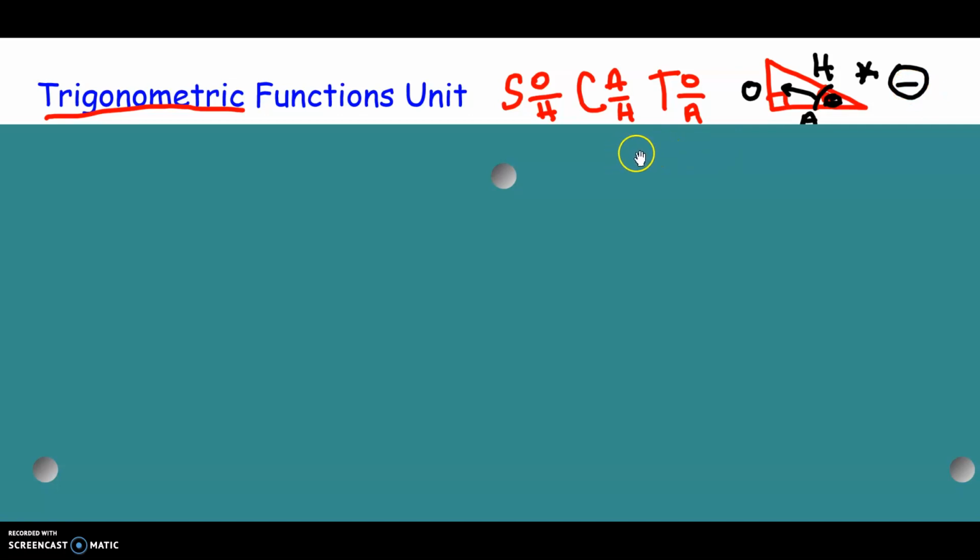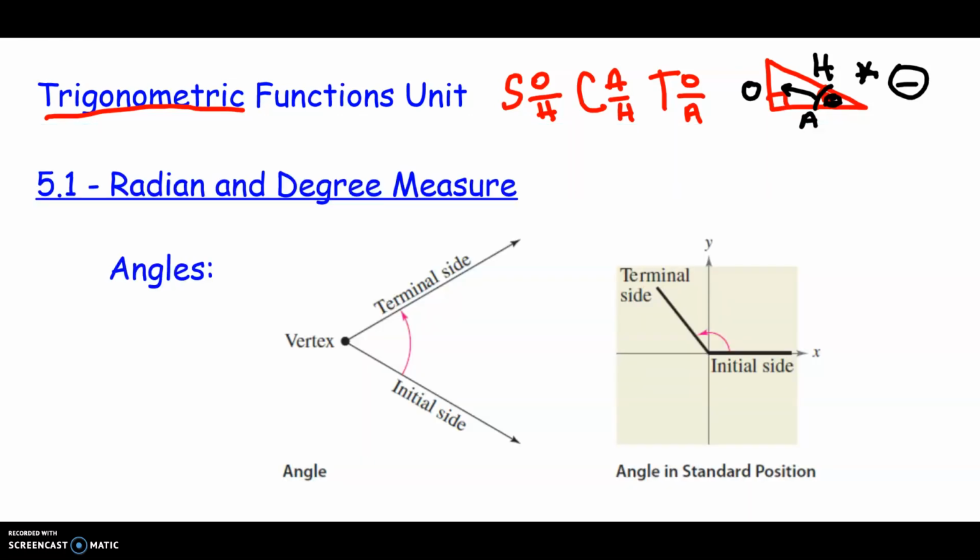So today we're going to talk about angles in degree and radian measure. Degree, we're usually super comfortable with. And radian was a short video that I posted that I'm hoping that you watched before you did this video. So first we'll just deal with angles in general. Okay, if you have an angle, here at the corner, that's called your vertex, and it's really important for you to know your vocabulary. And then there's something called the initial side,